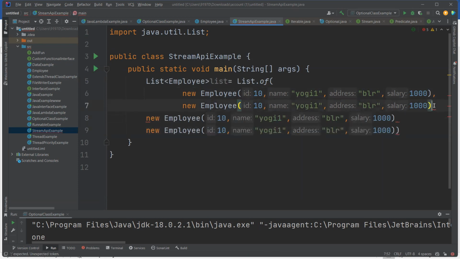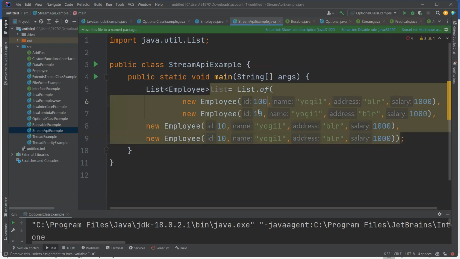Now I have created four employees. Now 10 comma 100, 200, 300, sorry, 300, 400. Now maybe Yogi and the name